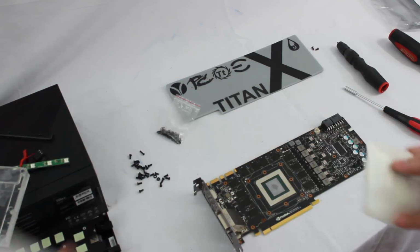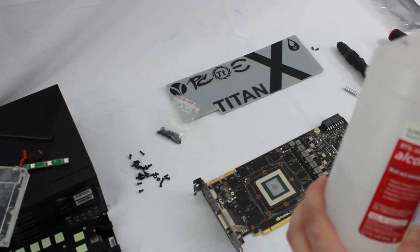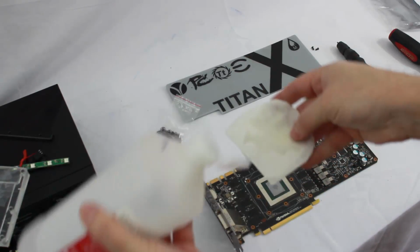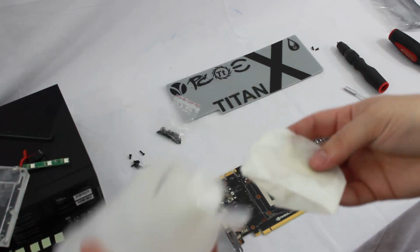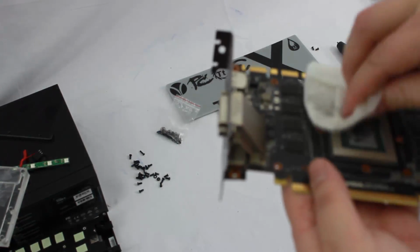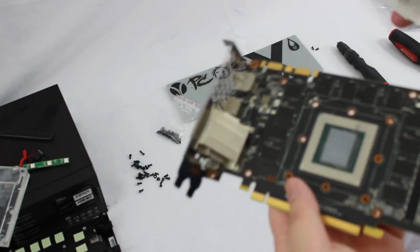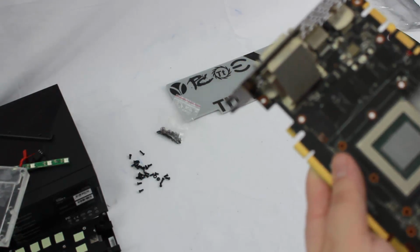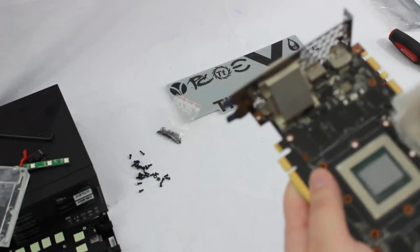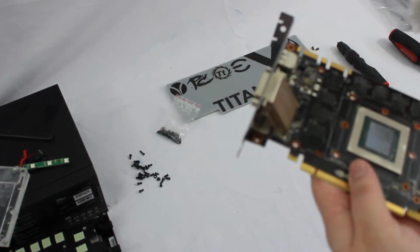But then I take this and 91% isopropyl alcohol. Now you don't have to worry too much about this stuff because it evaporates really nice. I just go ahead and squirt some on the surface. You don't have to be stingy with it. And as we go right over our GPU block, it's going to take the thermal interface material right off, and this is pretty soaked through. So I'll use another surface, and I'll clean where all of my